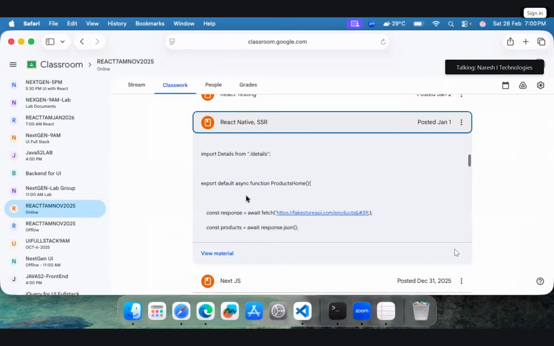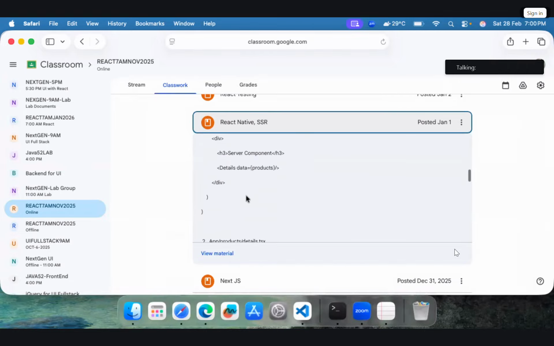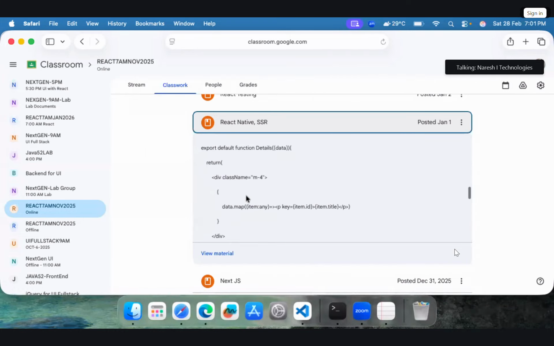So it is a TSX only. It is as simple as that. There is no problem in this, huh?